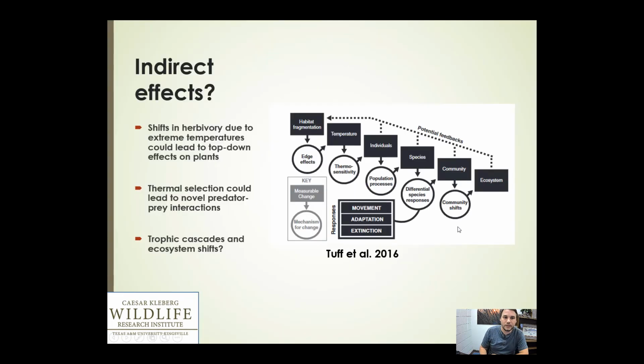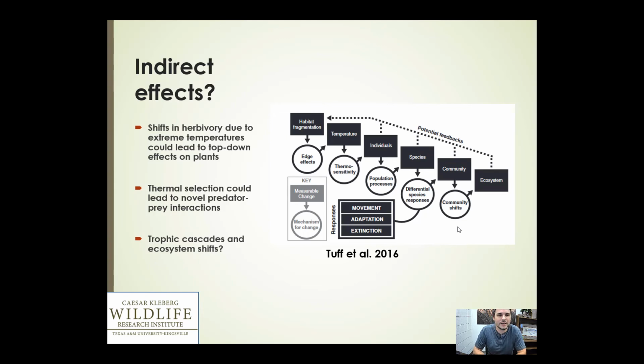So those are some examples of direct effects of how temperature influences not only the physiology of deer, but also the space use, movement, and feeding activities of deer. But there's also this impact of indirect effects of temperature on deer, and this is an area of research that is a little bit more difficult to address and also has not received as much attention because it is difficult